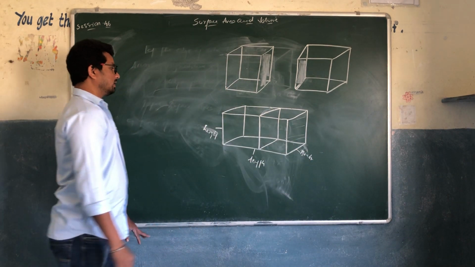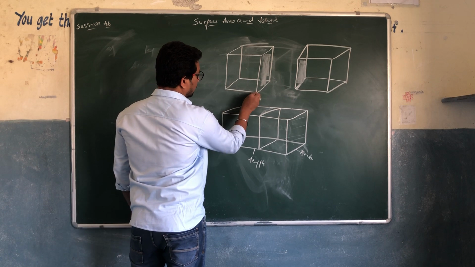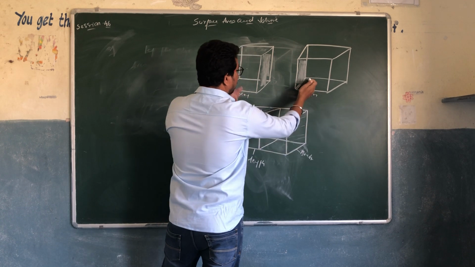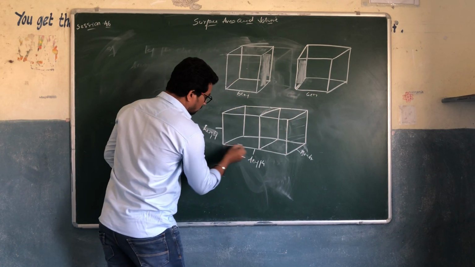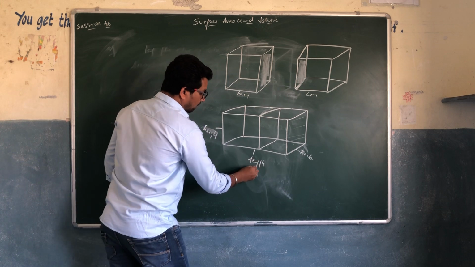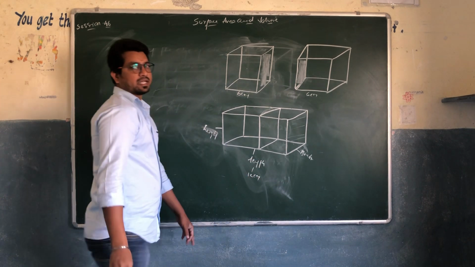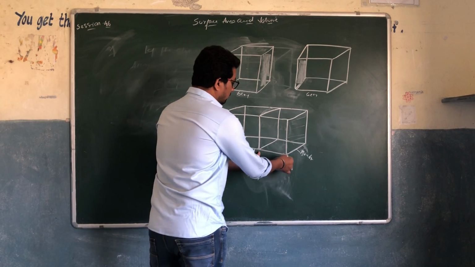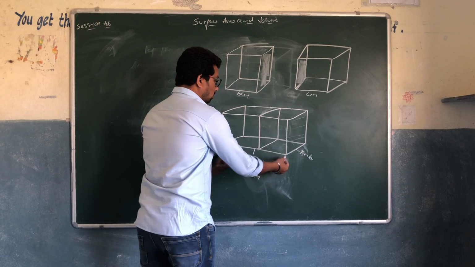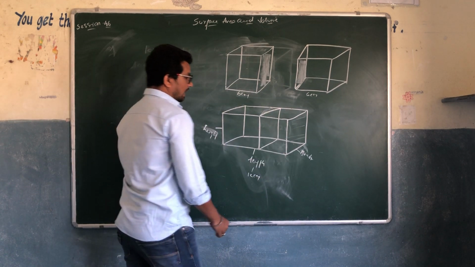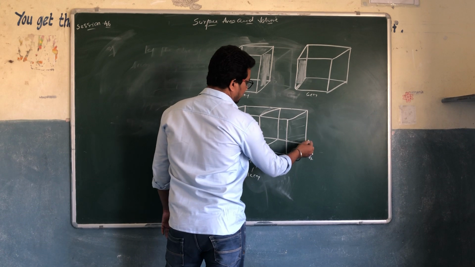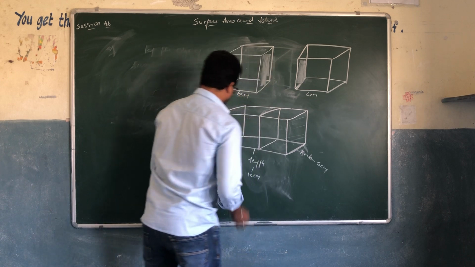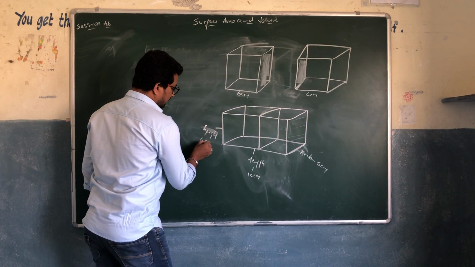Okay, now we know here to here it is 6 centimeters, here to here it is 6 centimeters. When we are joining together, here to here it is 6, here to here it is 6. Now what is the length? 6 plus 6, 12 centimeters, right? This is one cube, here to here another cube. So the total length is 12 centimeters, and all the other sides will remain the same, which means breadth will be 6 centimeters, height is nothing but 6 centimeters again.